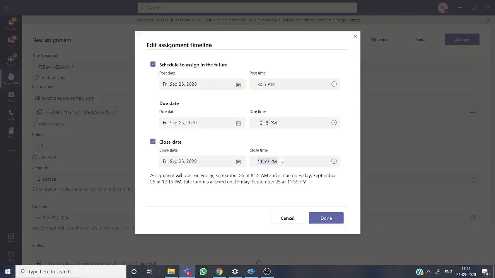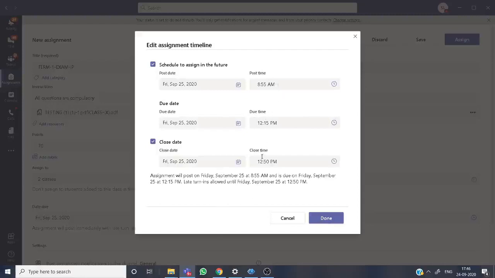And closing time is 12:50. So for students we are giving only 15 minutes, 12:15 to 12:30 I think, if I'm not wrong. And as a teacher, that 12:50 you need not tell to a student. We are giving extra time in subjective, that is, 12:50 is the closing time. So you can see on the screen my post time, due time and close time.